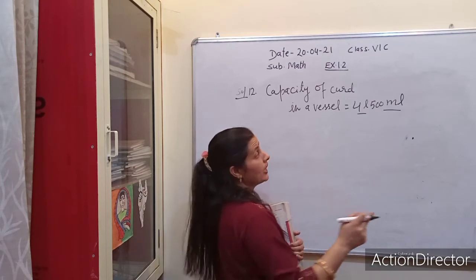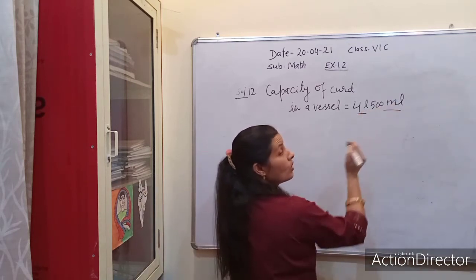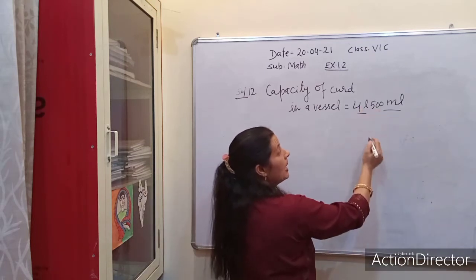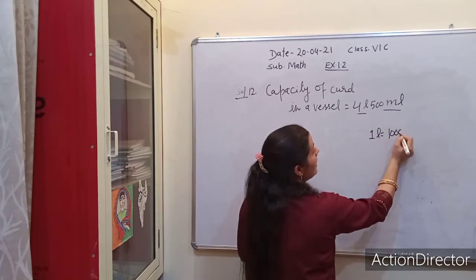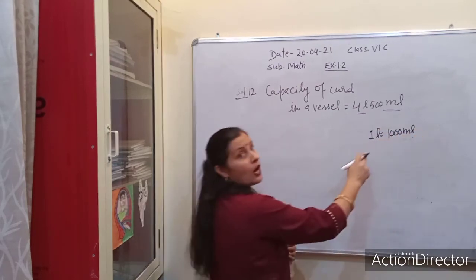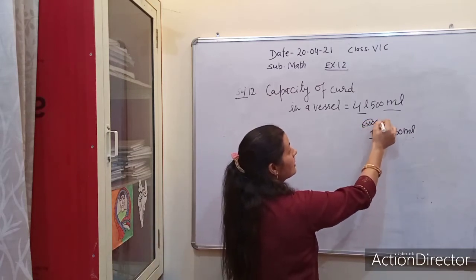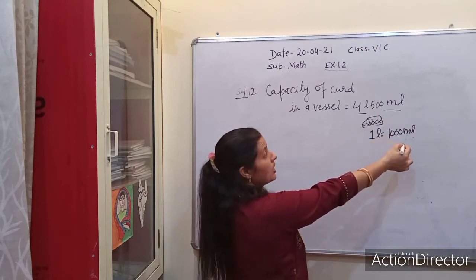So what I told you is that always convert the greater unit to the smaller. Okay. So the relation should be in your knowledge. What is the relation between liter and ml? So 1 liter equals 1000 ml. You can note it down. Okay, these are 5-star marks, important things. 1 liter equals 1000 milliliter.